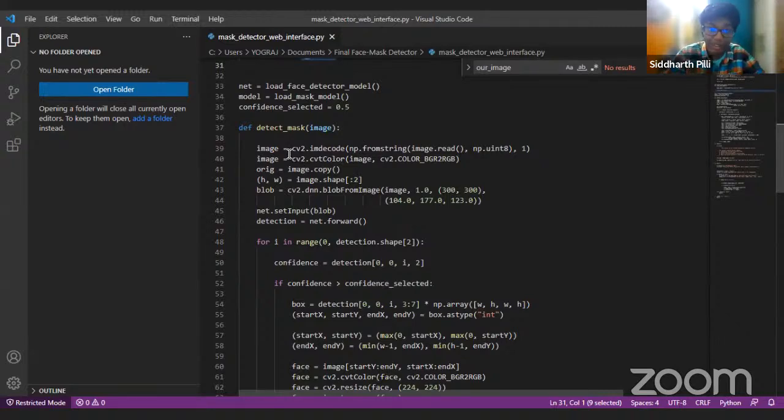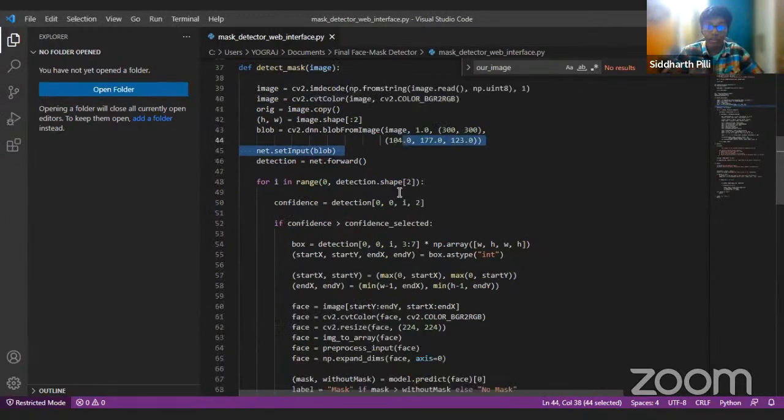To detect the mask right here, we first use the OpenCV library to read the image from the cache. Then we use the cv2 OpenCV library to convert our image from BGR, blue, green, red, to RGB. That's what we do here with cv2 color. And then we give it all the simple processing stuff like the blob from frame and everything.